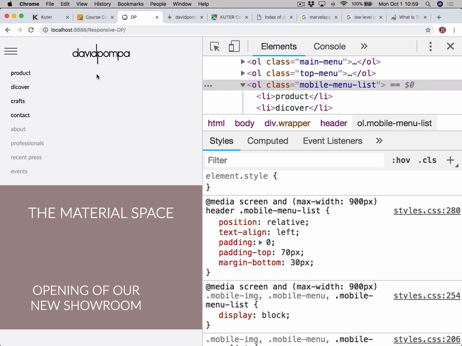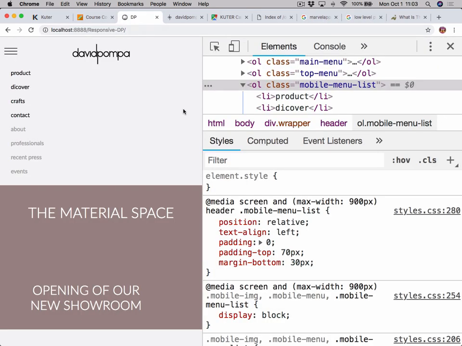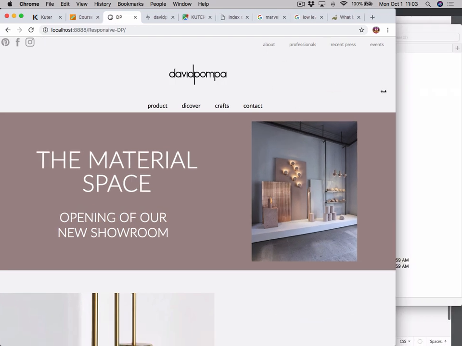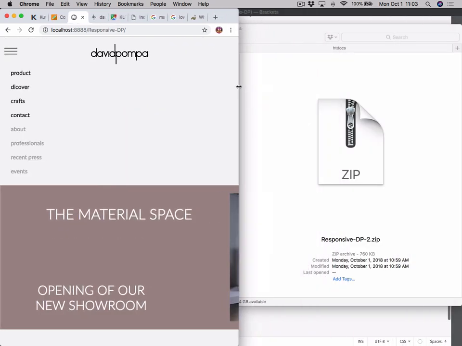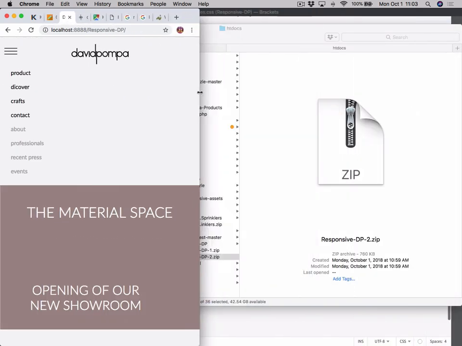I can upload this file right now. If you want to work with the JavaScript with me, I think that's what we are going to do. So just let me pause the video for a second. So we have this file that is kind of working well, because we are showing this menu here and this other menu there. Okay, so it kind of works, but what we are still missing is the functionality of